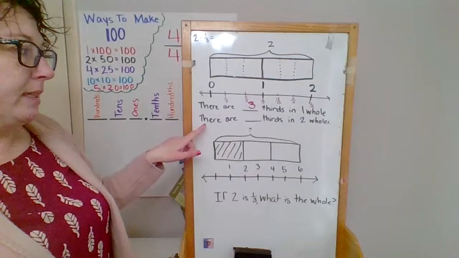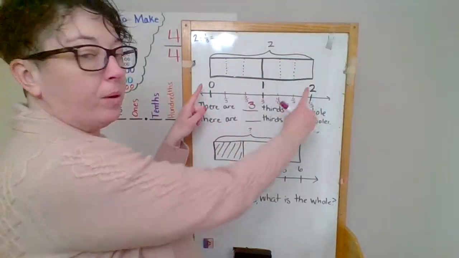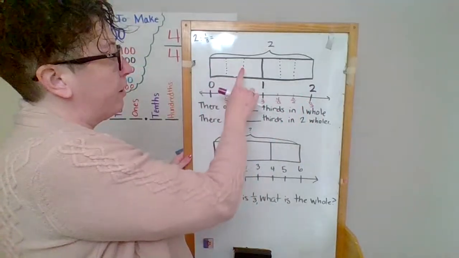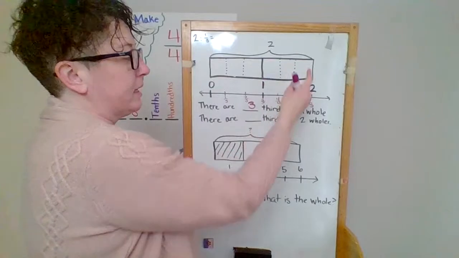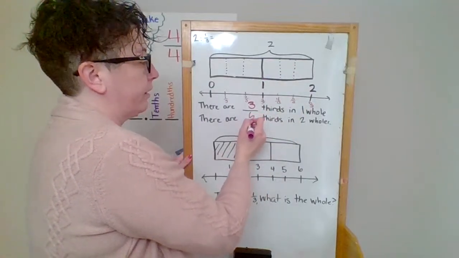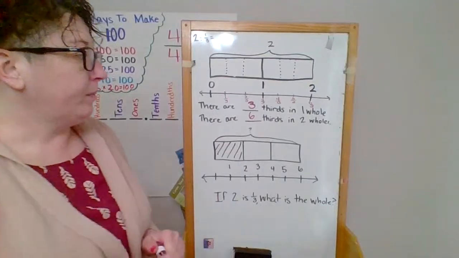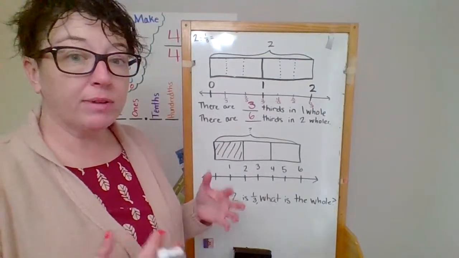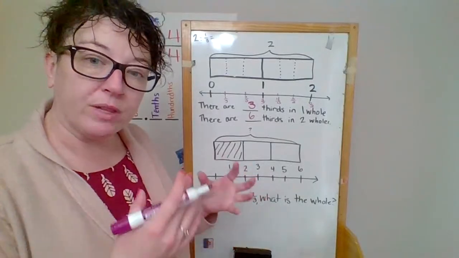Okay, the next part says there are how many thirds in 2 wholes? So now I'm looking at my whole diagram. So if I count my thirds, I have 1, 2, 3, 4, 5, 6. So in 2 wholes, there are 6 thirds. So basically, if I had 2 cakes and I cut each cake into thirds, I would end up with 6